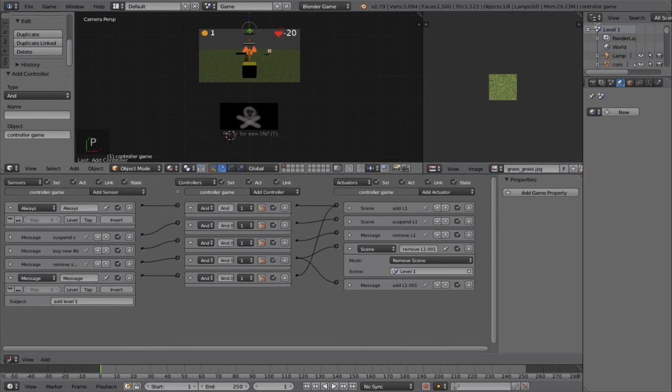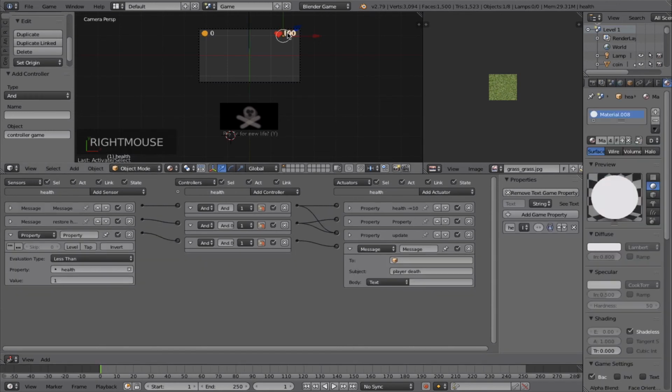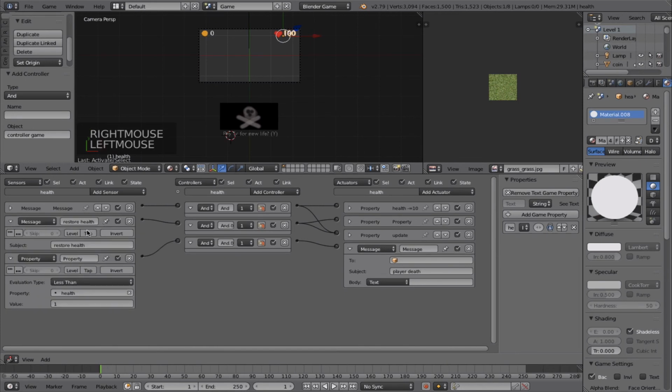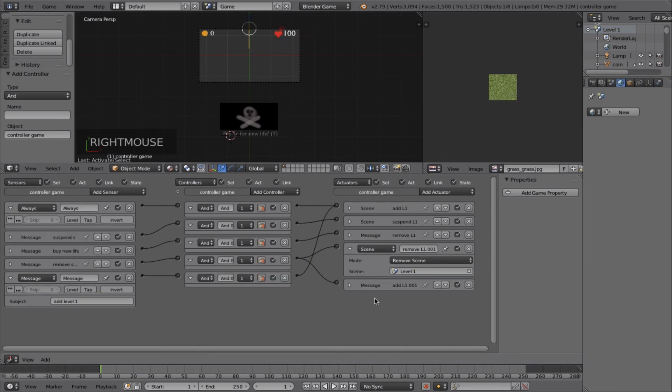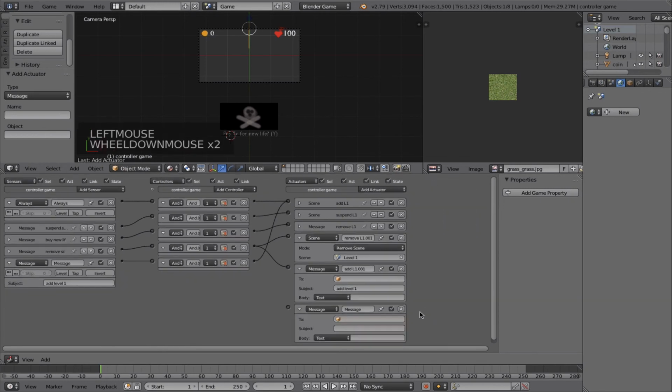You may have noticed, however, that though we've started the level again, we never reset the actual health. So in addition to that, let's make sure that we also restore our health. And we can do that. If you remember, if we come here to health, there's already something listening for the message restore health. That was from clicking that power-up item. So let's go here to the controller, and when we respond to add level 1, let's also send the message